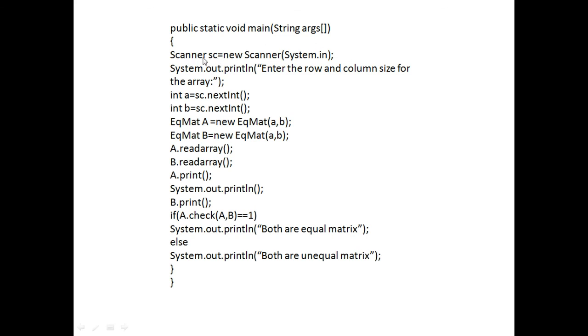So children, see here again we need to write a scanner class. See, two times I wrote it in this program because we have not mentioned static. Okay, so we asked the row and column sizes, that is a and b. We took different variables. Two objects we are creating, in both we passed a, b because the same number of rows and columns should be there. Both read array elements. Okay, then we'll print the first one, and we'll print the second one. Now we'll check if both return type is 1. If both return type is 1, then we'll say that both are equal, otherwise we'll say both are not equal.